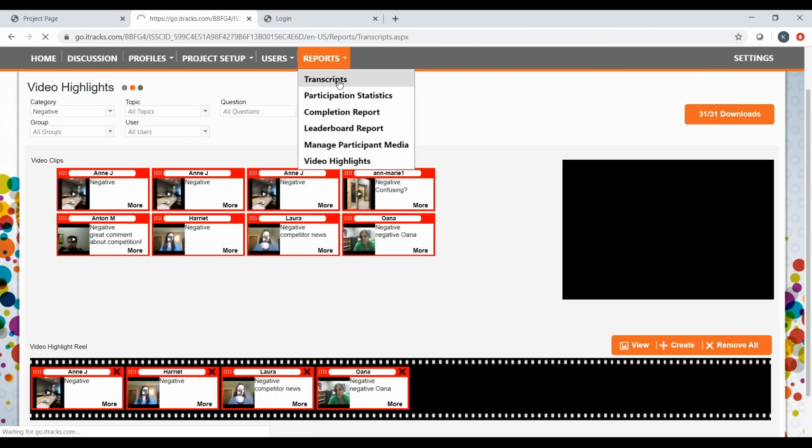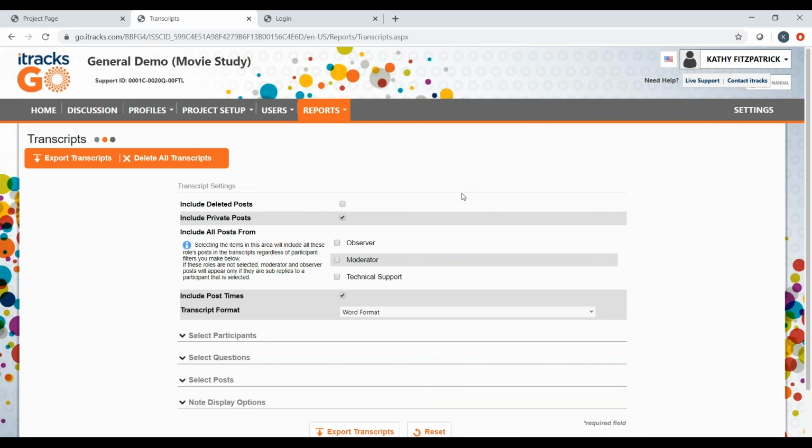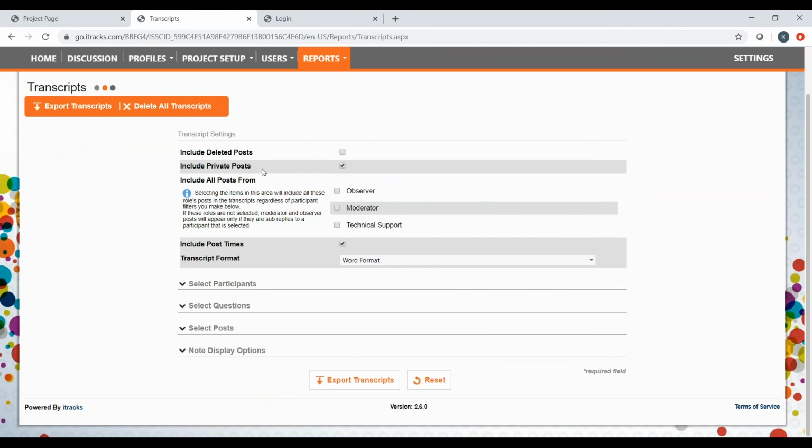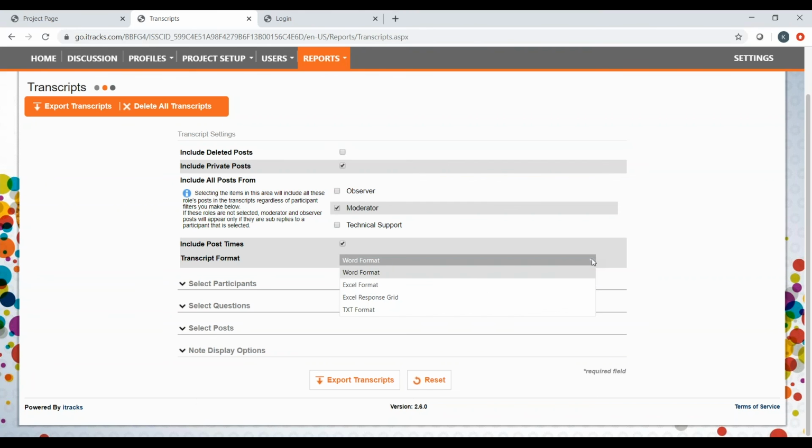Then the transcripts are another way for you to look at data sets, and how am I going to take all this data that I've collected and make sense of it? What's my report going to look like? So when you come into this, you're going to be able to make selections and filter your data. So we're going to include all the moderator statements. We're going to include the post times. You have a choice of looking at it in Word or in Excel. Then you can